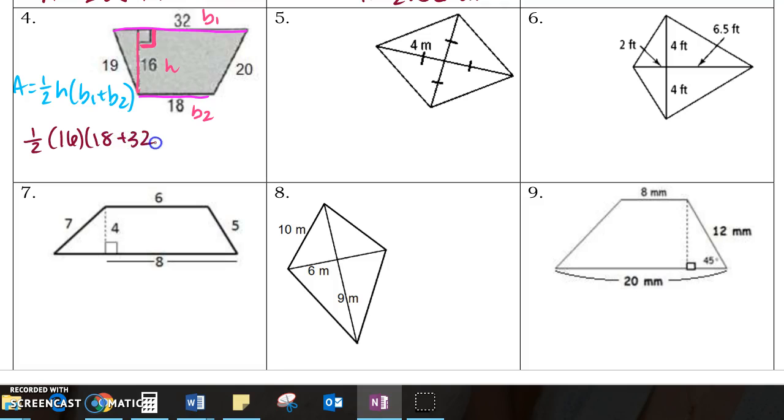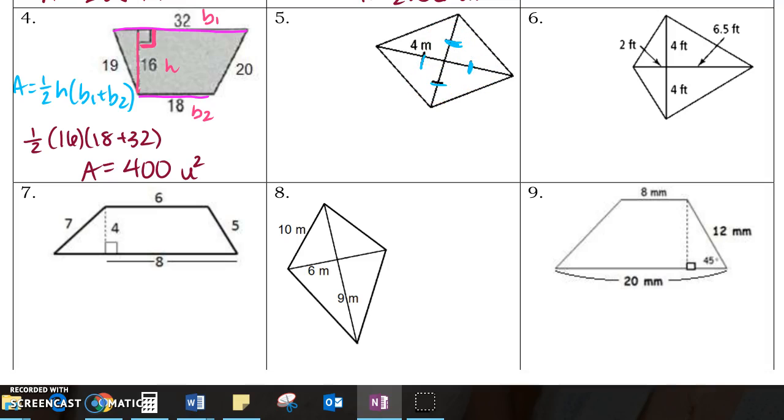18 plus 32. When you substitute all that in, you can go ahead and put that in your calculator. I believe you should get 400. And we don't have units, but this time we could just say u squared for units squared. Okay, so then for number 5, if you look, all of these pieces have these markings, which means that they